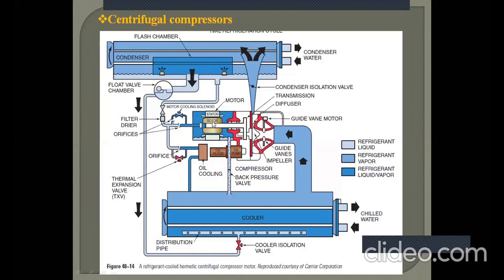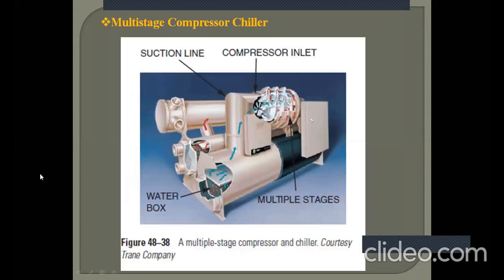This compressor is fitted with the condenser at the top and the evaporator at the bottom. Evaporator chilled water in and out, and at the top condenser water in and out, and this compressor is in between. So this is the typical layout for a centrifugal chiller. Then the centrifugal compressor also comes in multi-stage capacity. A multi-stage centrifugal chiller is shown, where you can observe that in the compressor there are 3-4 different impellers. They work similar to a multi-stage reciprocating compressor. You can have a multi-stage centrifugal compressor also.